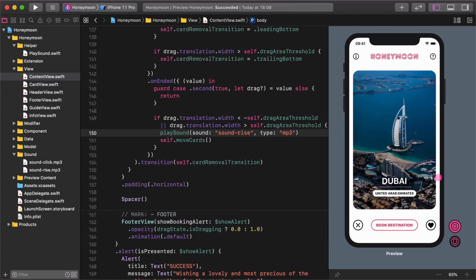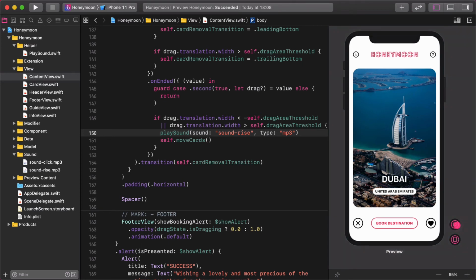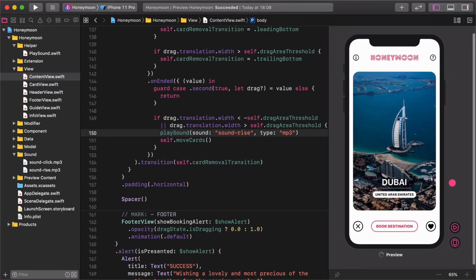Awesome job. You might ask what's next, and the answer is predictable: haptic feedback. iOS has some nice predefined haptic feedback such as error, warning, and success. We are going to implement the success haptics in the Honeymoon app. The process is quite simple and easy to follow. We need to write only 2 lines of codes for each haptic feedback.